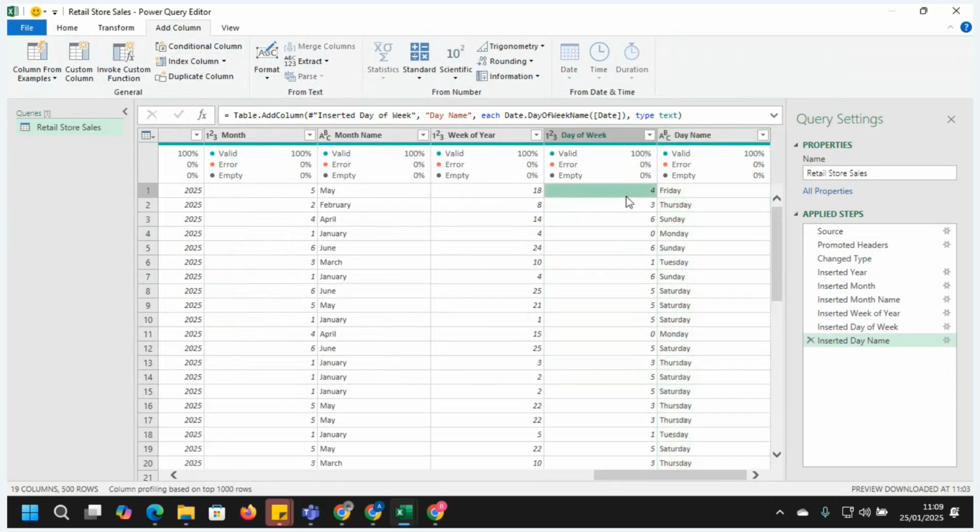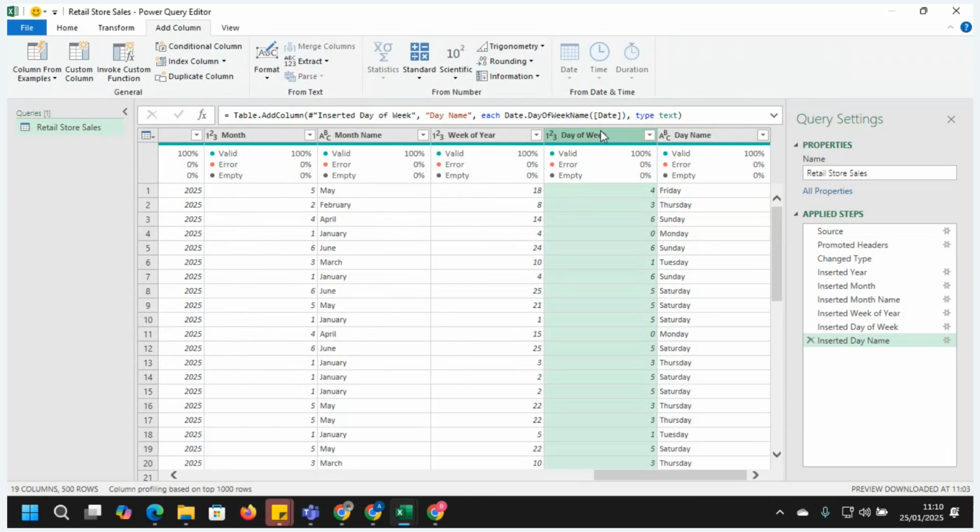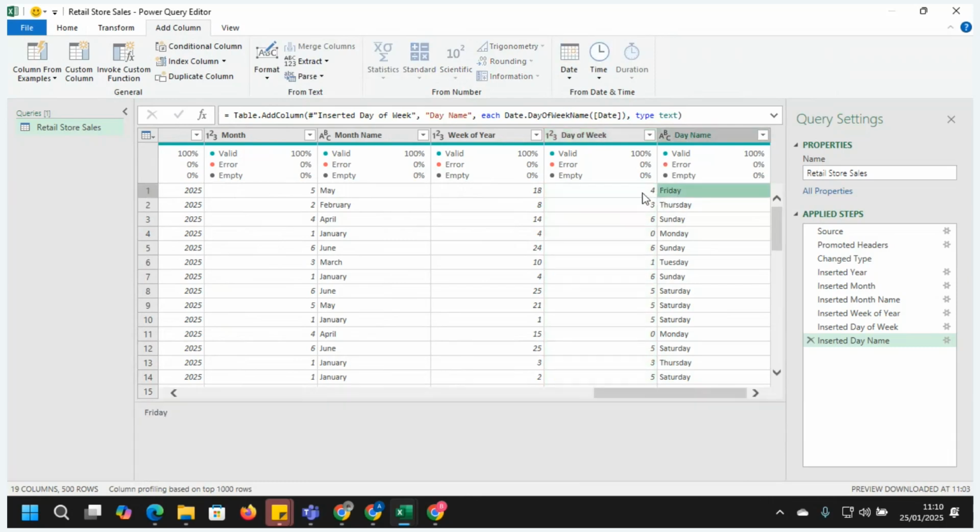I want to create weekday and weekend from this data so that we can analyze our sales based on the day of the week. Now, we want to see when we are making more sales. Is it during the day or during the week? If you look at Friday, that is 4.